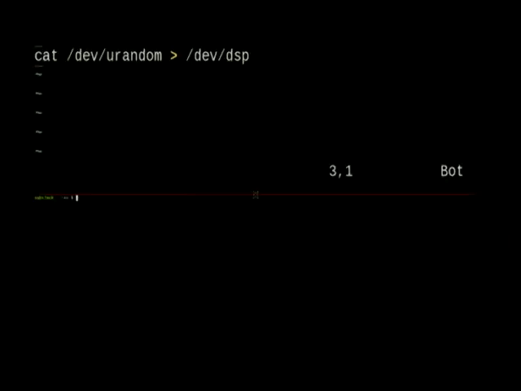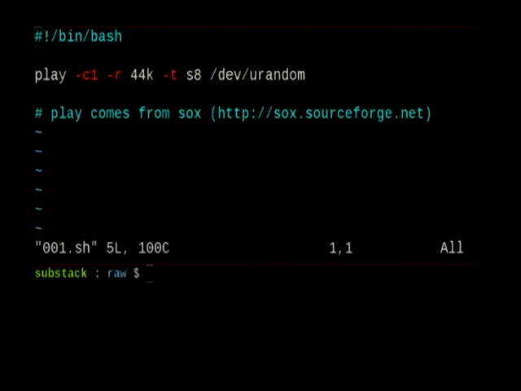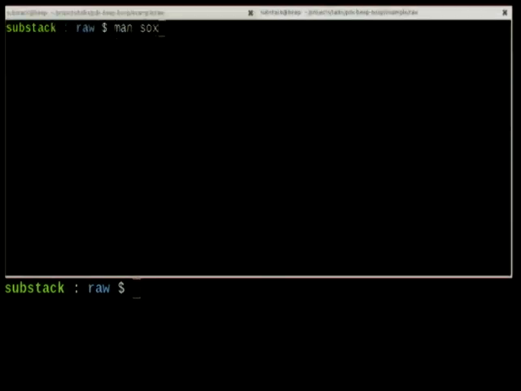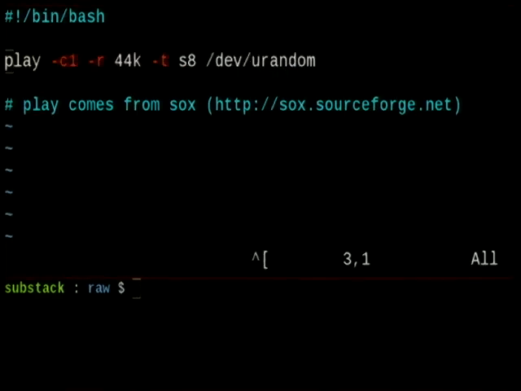So randomness actually sounds pretty cool. We can't actually run this program, but we can run this program, which is basically the same thing. First of all, to do any of this, you should install Sox. Sox is amazing. It's just an audio toolkit for doing anything. Basically, I just pipe bytes to it and play it, and you can also use it for recording from a microphone or doing fancy things. The important part is here we can instruct play to play this dev random device, and that sounds like this.